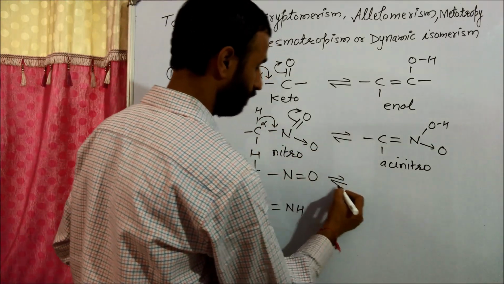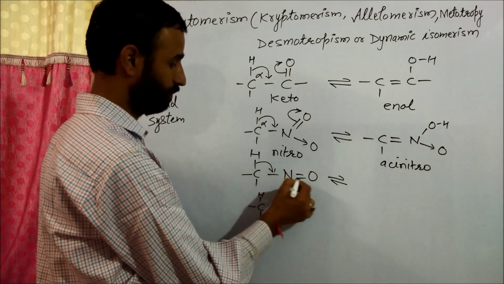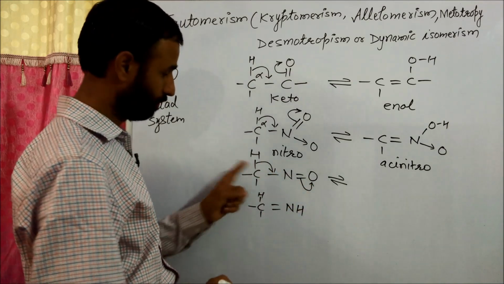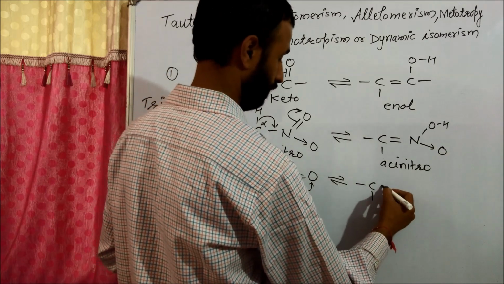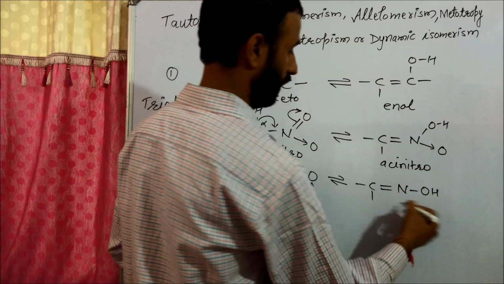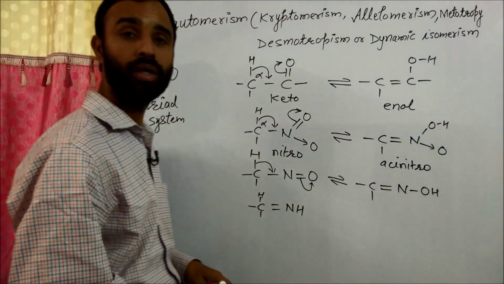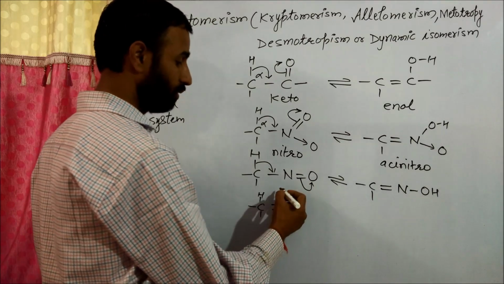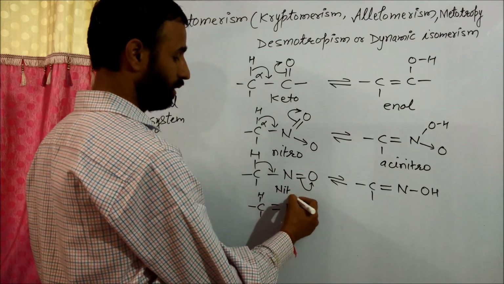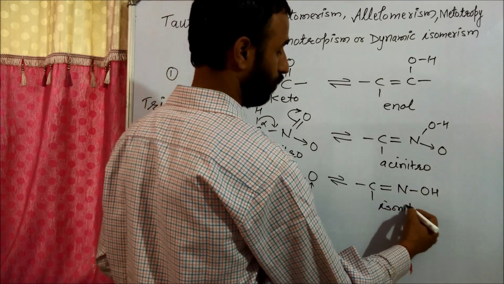Third one, this is nitroso group, again moves like this. And this is called oxime or isonitroso. So this is called nitroso, isonitroso